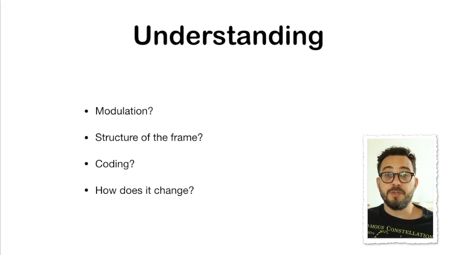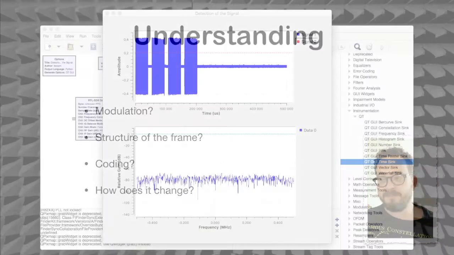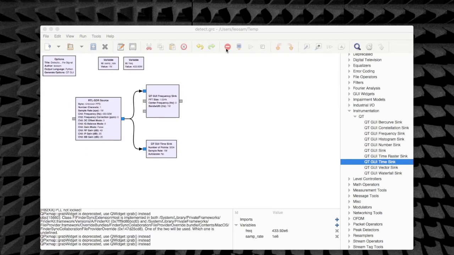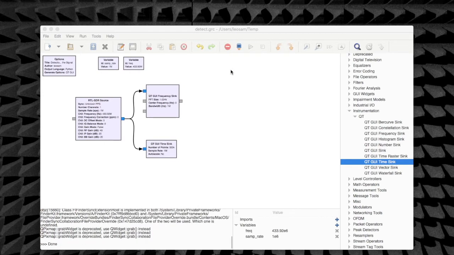But before we do that, I know that many of you do not have an RTL SDR right now, you don't have an ongoing transmission, so let's switch to the file that I sent to you, and I'm going to show it to you right now. So first we need to stop the ongoing flow graph here, and then we're going to replace the RTL SDR source with a file